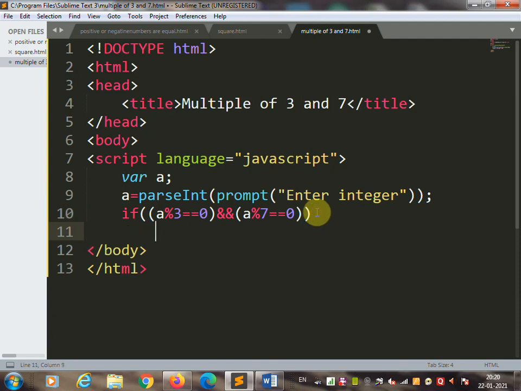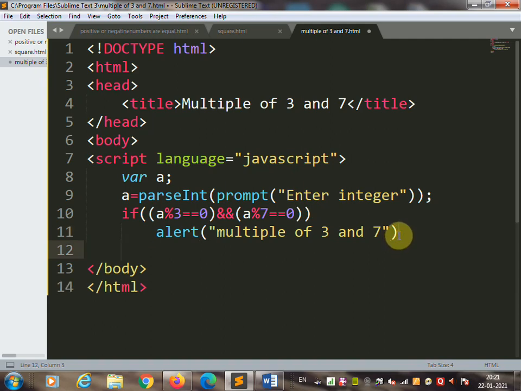So we are going to print a message by using the alert function. Alert multiple of 3 and 7. So the first statement is over. Else, if not, then we are going to print another statement.